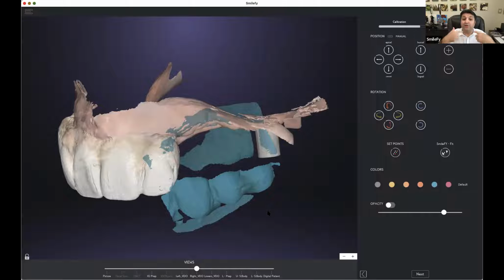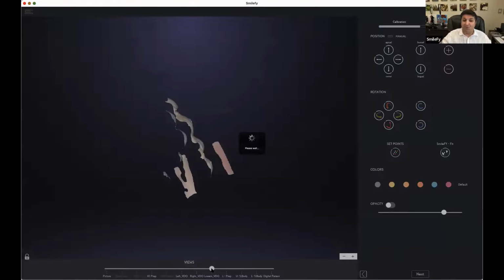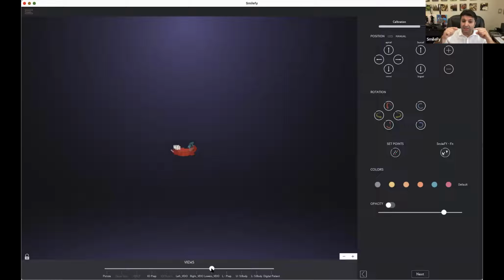And now we calibrate the lower jaw to the new position of the new vertical dimension of occlusion. So instead of the initial centric occlusion position, like the patient had in the mouth, like a closed mouth, right? Like this,